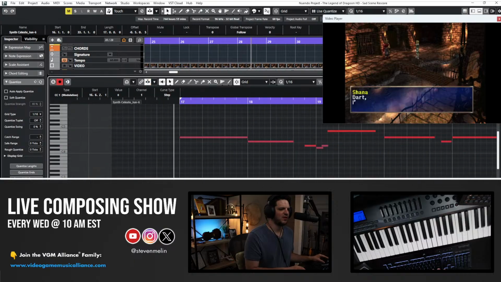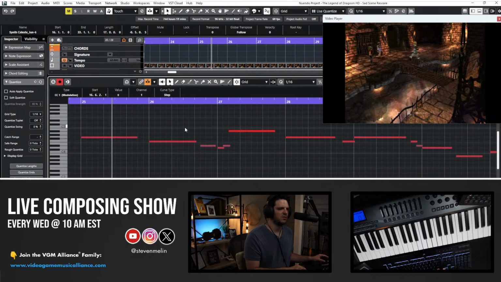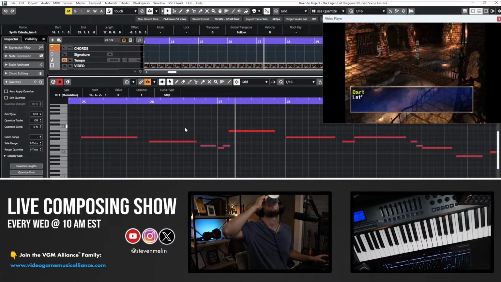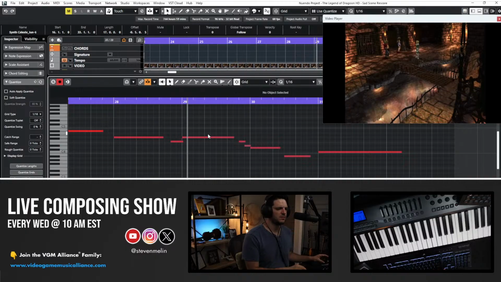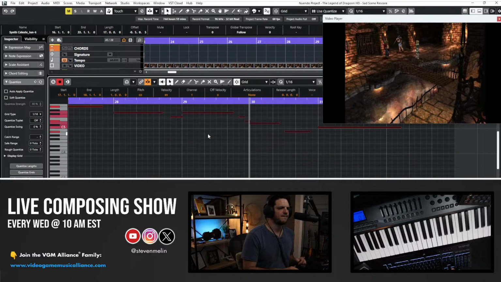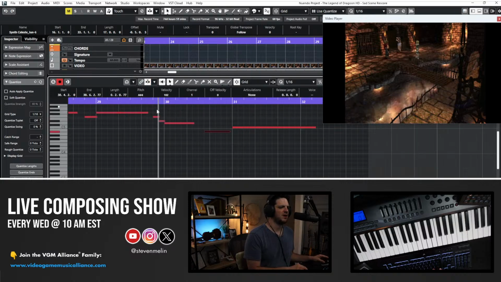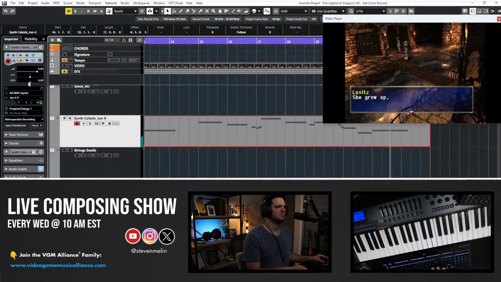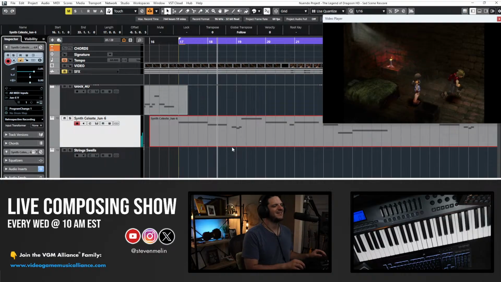It's actually more distracting than anything. I don't want to take away from these cool solo instruments. We're almost there. I'd be better an octave higher. That's nice.